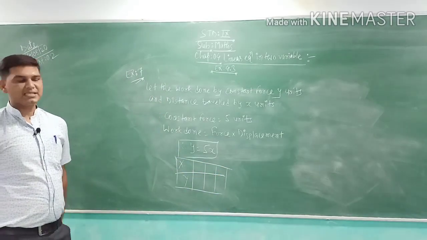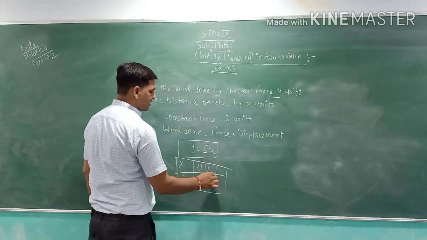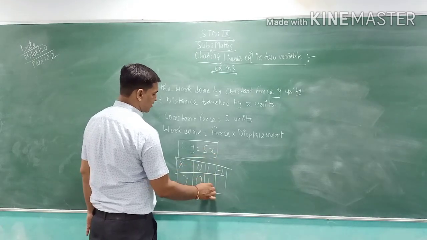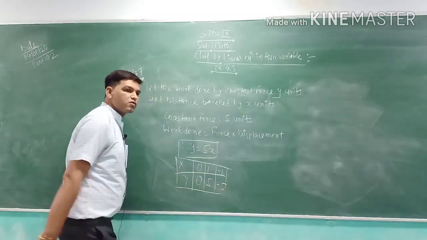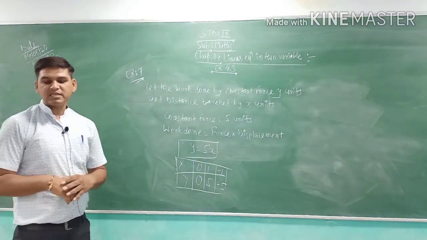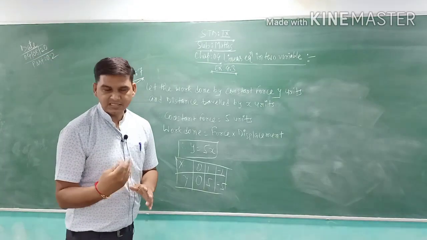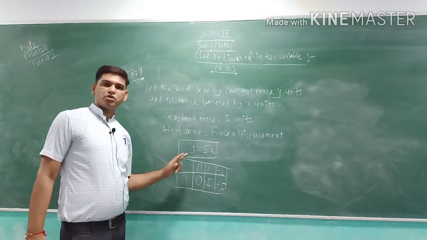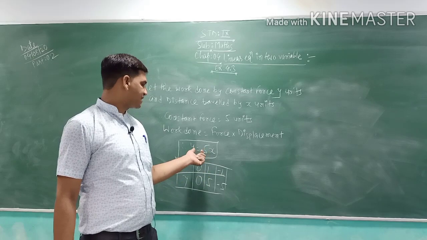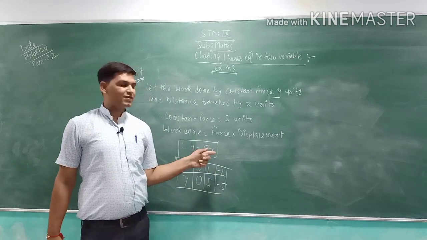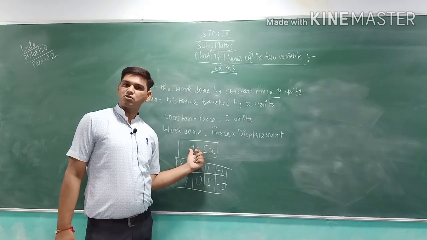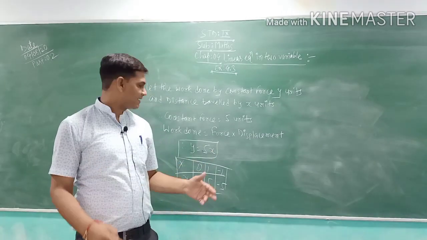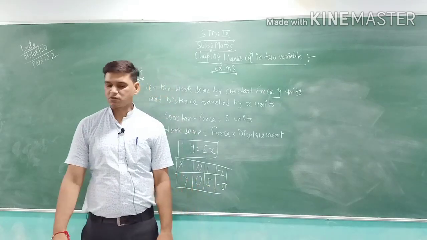So I will take x equal to 0, 1 and minus 1. While x equal to 0, y is 0, x equal to 1, y is 5, x equal to minus 1, y is minus 5. So work done when distance traveled is 2 units is 10. And when distance traveled is 0 units, work done is 0. So from this you can find that when the distance traveled is 2 units, the work done is 10 units, and distance traveled 0 units means work done is 0. So with such a solution you can apply the values of x and y and solve.